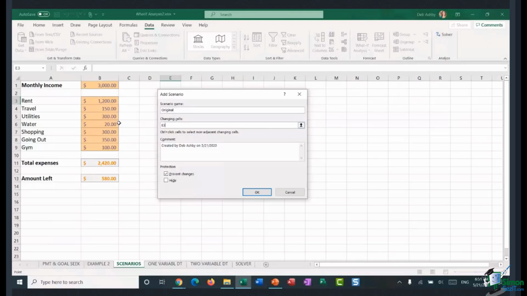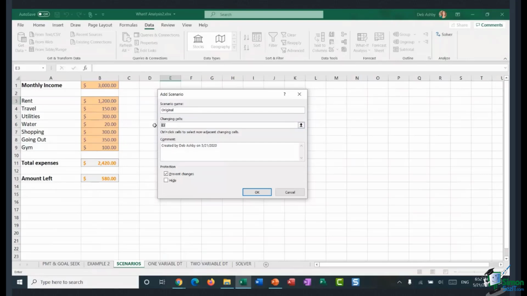So if I was to get a promotion, let's say, what out of this is going to change? Well, my monthly income might change. Maybe if I get a promotion, I'm going to be earning more money. So this cell might change. But if I'm earning more money, then maybe I'm going out on the town a little bit more. So this figure might change. Or maybe I might be shopping more if I've got more spare cash at the end of the month. So this figure might change. So my changing cells are really going to be my monthly income, and it could be any of these, okay?